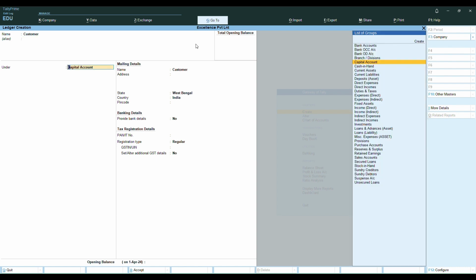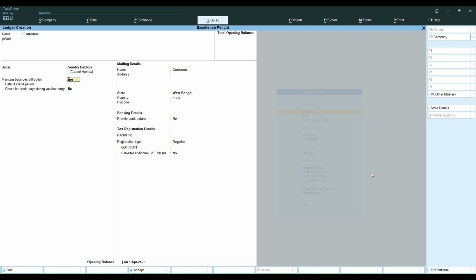Then we press enter twice and we are taken to the under field where we select the group from the list of groups, which is sundry debtors for customer. We keep on pressing enter till we reach the address field.